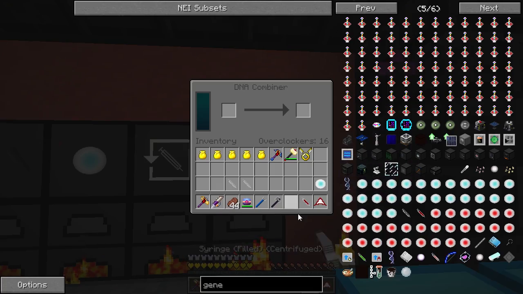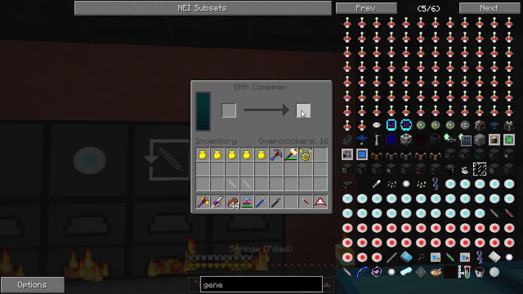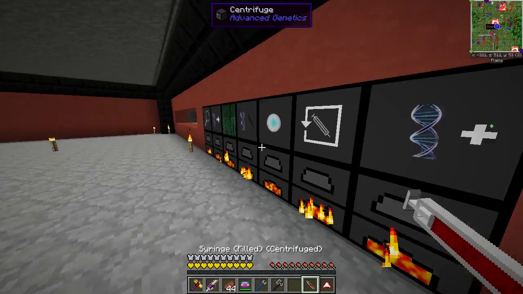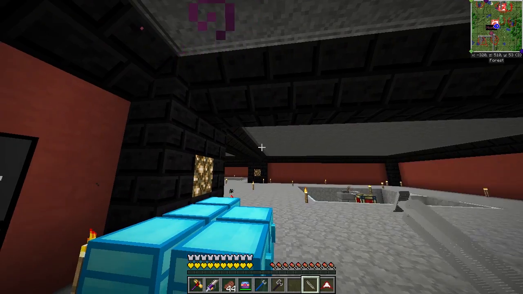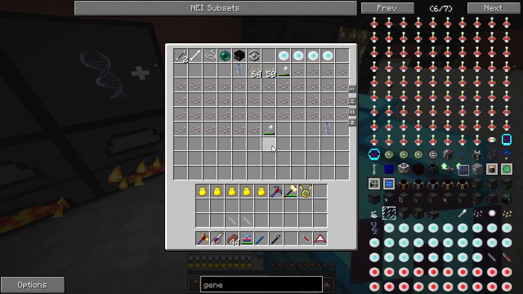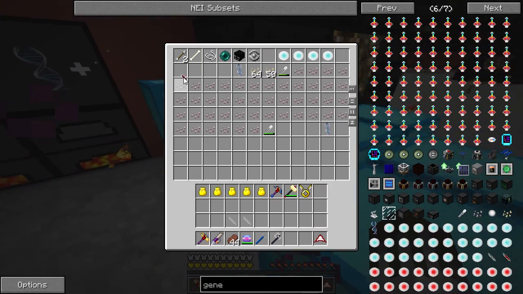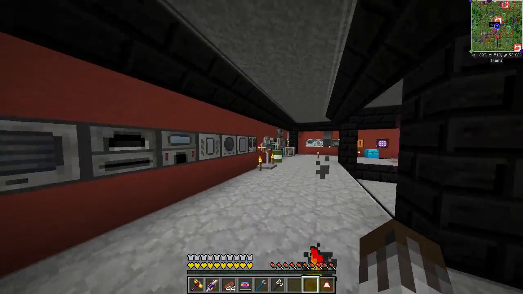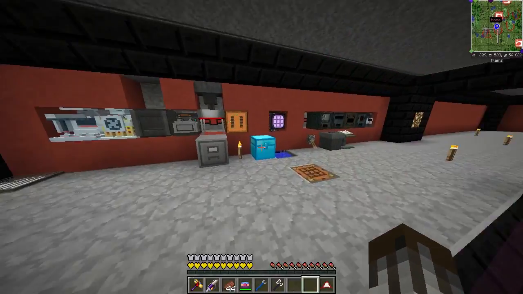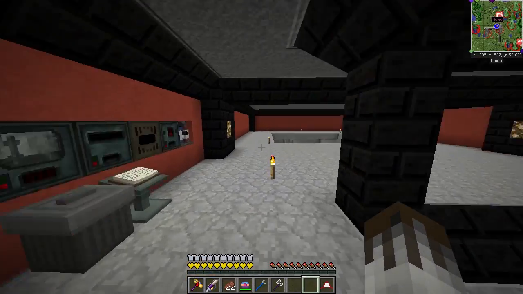Centrifuge it. Do DNA combiner. Centrifuge it again. And let's do that. And that is our filled blood. So that blood contains basically all of what we have in our thing now. So the test is going to be, throw this in here,